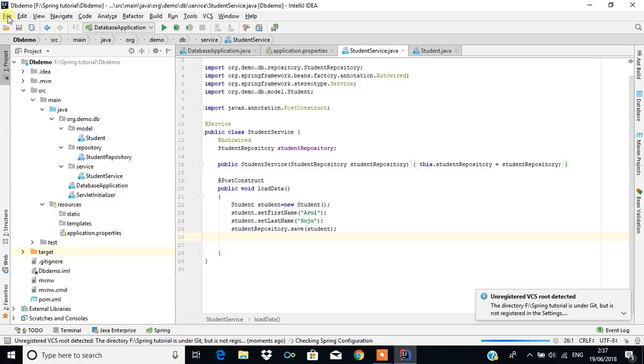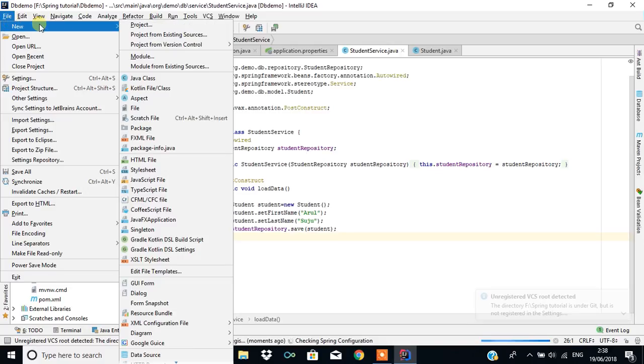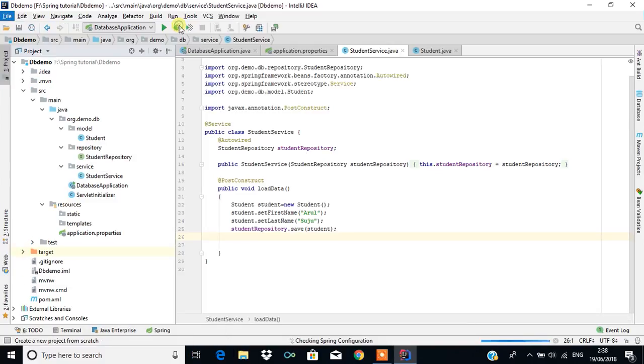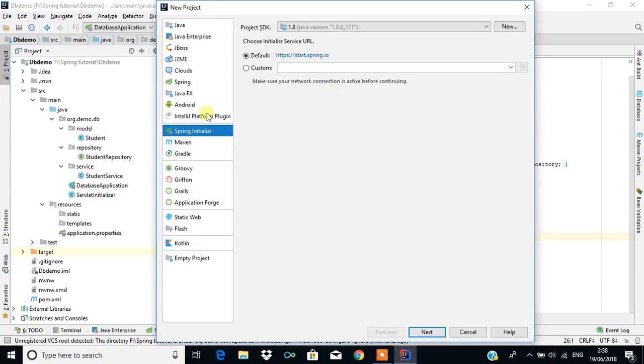To develop an application, what we have to do is go to File, then select New, then you can select something called Project here. In this project, as we know, this IDE helps us to develop many applications like JavaFX, J2ME and so many things. So what I'm going to do is develop a Spring Boot application, so we have to use